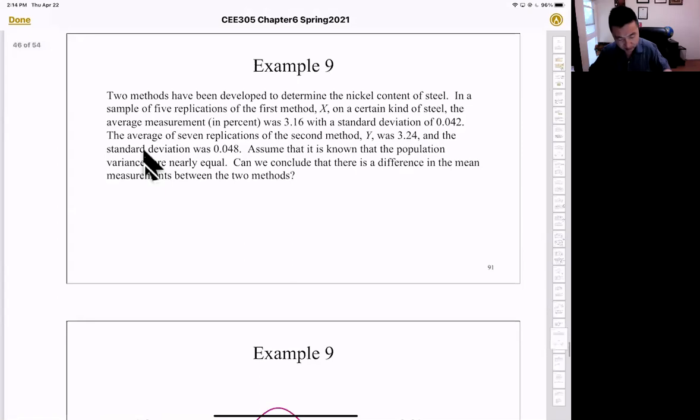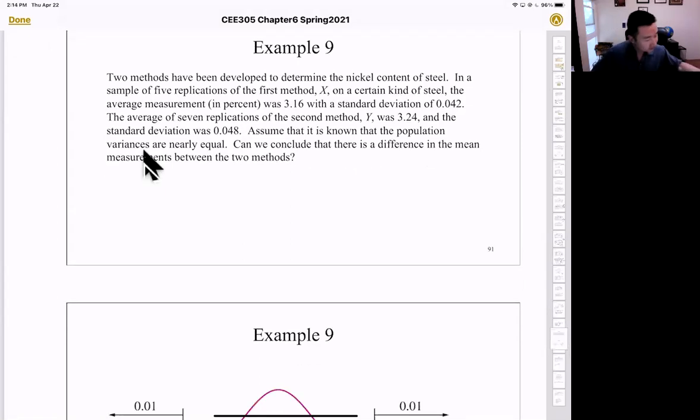Then let's practice this example, number 9. Can we conclude that this will be H1? Then let's read. We have two methods that have been developed to determine the carbon content of steel. In a sample of 5 replicates, a small sample, of the first method, X,